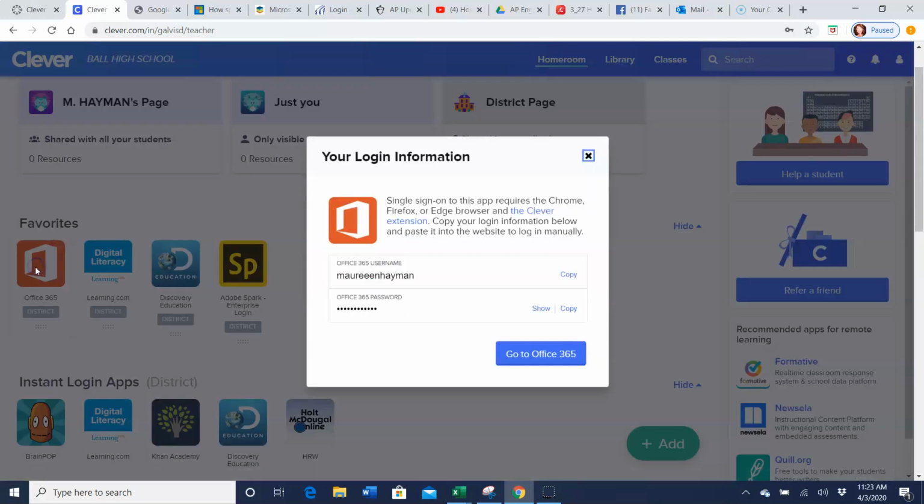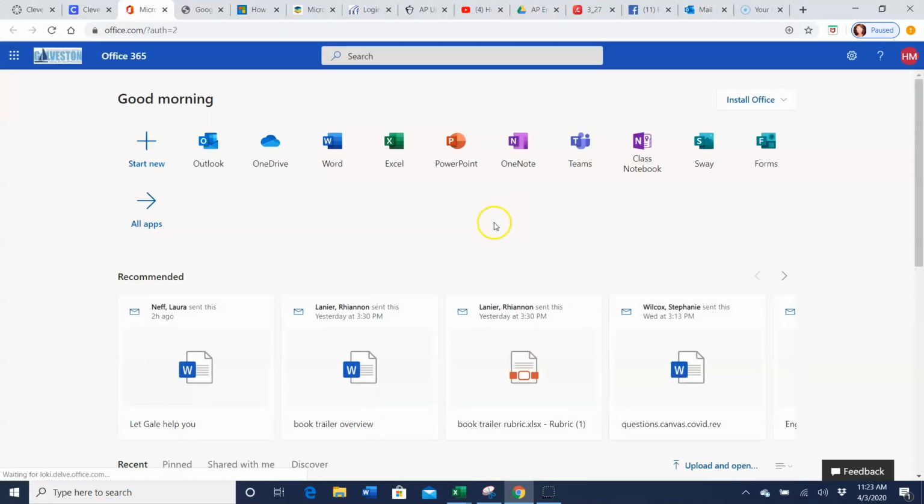This is going to take us to another login, but it should already be populated with your name and password. If not, just use your network name, just like you always do when you log into the computer, and that school password that you use as well. It'll take you to the button where it says log into Office 365, and then you will now see your Office 365 page. So again, you can access your email here, your OneDrive with all of your files from school,